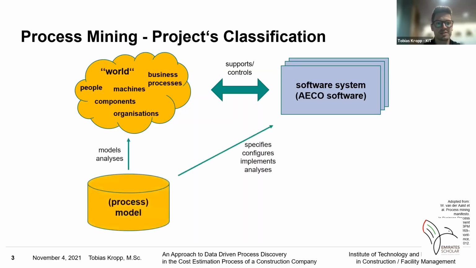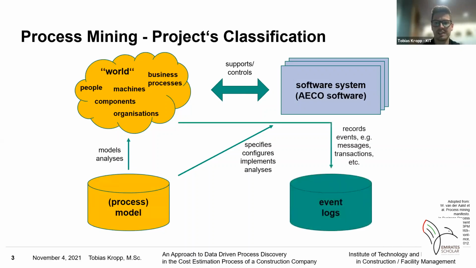And there are also process models. There exist as-planned process models, where the company itself shows the workers how the actual process has to be, how the sequence of single process steps has to be, to make the workers follow the correct process line. And when people work with the supporting software systems, there's a lot of data that gets logged. And that's actually when process mining comes into action.